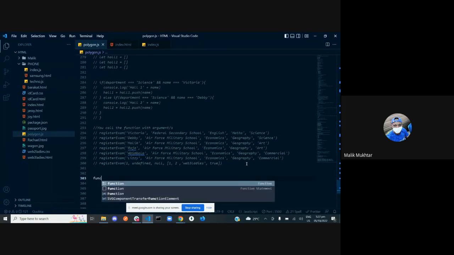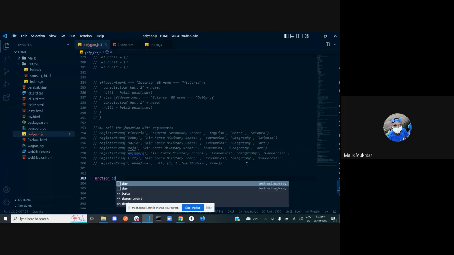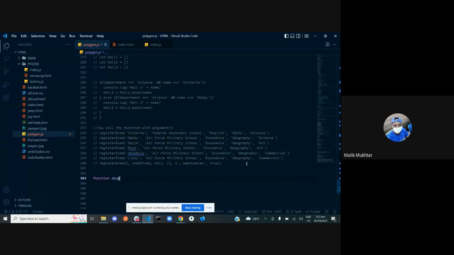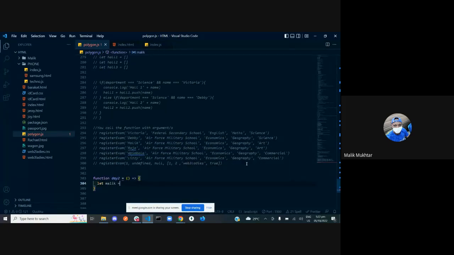Take for instance, I have a function, let's say day2. Okay, this is a function, right? So now if I say let Malik equals Sunday,